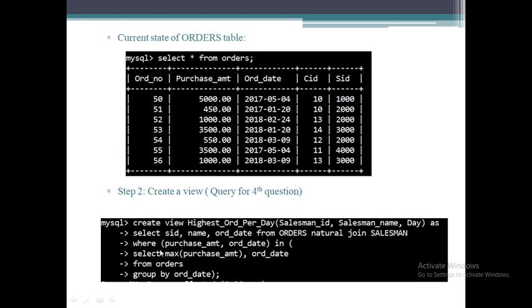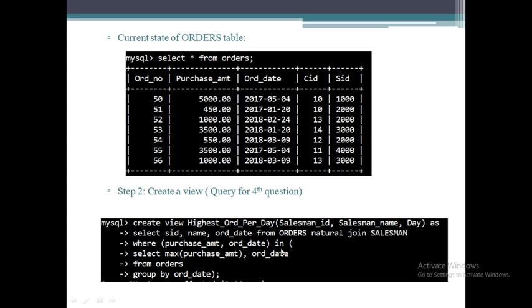What is the condition now? The condition is you have to say per day purchase amount must be maximum. So here I'll take the tuples in the condition. Instead of comparing a single attribute, I'm taking a multi-set: purchase amount and order date.